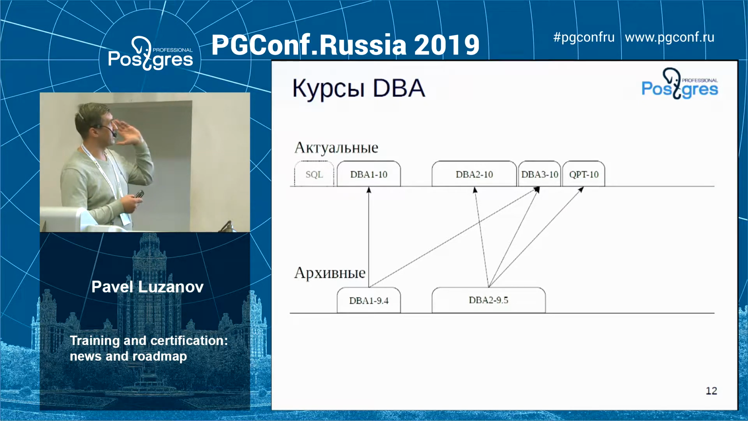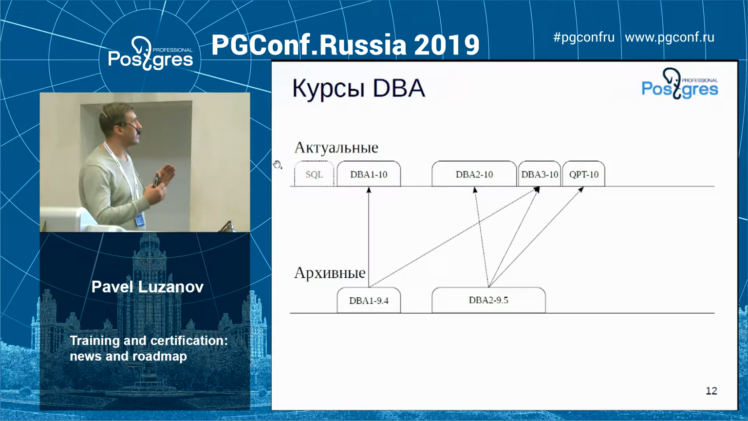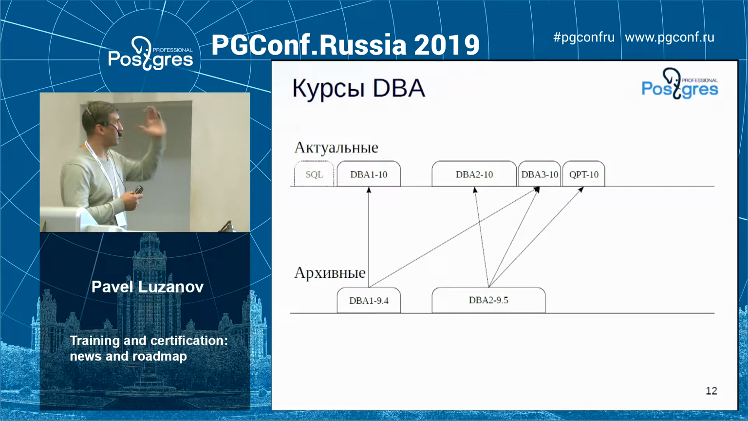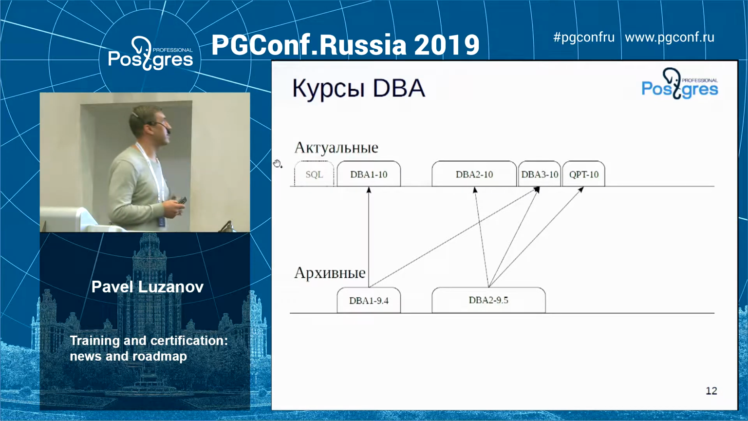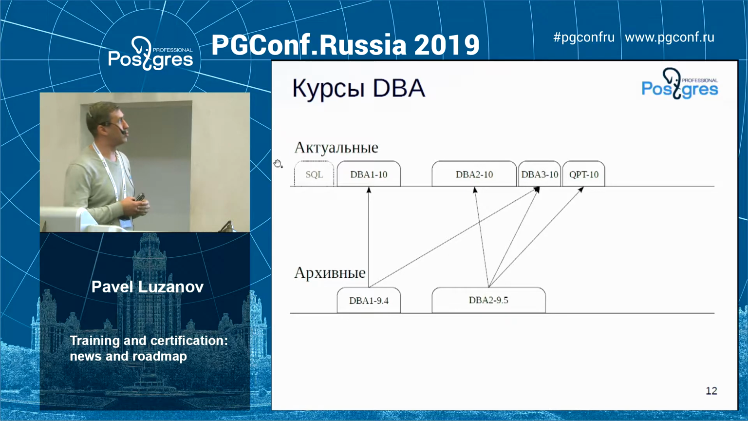So these are the courses that we offer. It is made of 4 courses, 11 days in total. 11 days, so you can learn Postgres and administering for 11 consecutive days. And